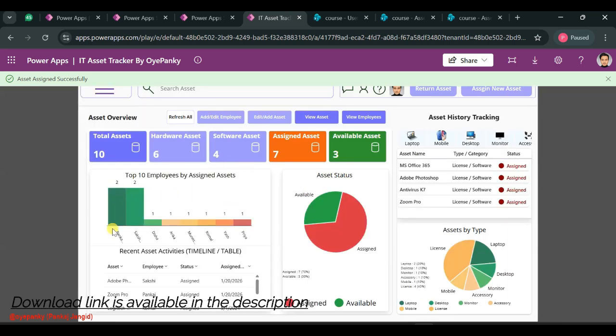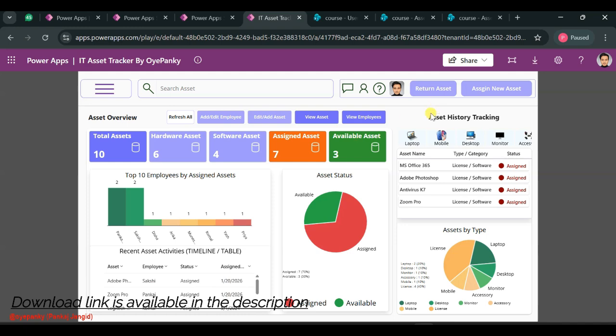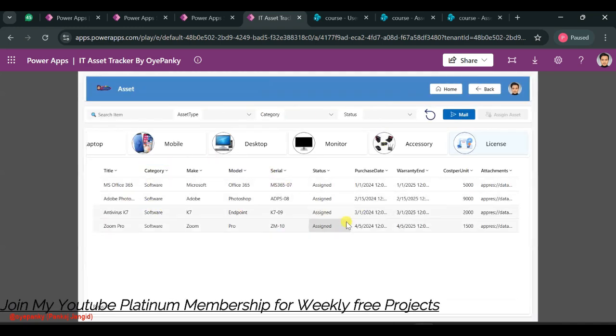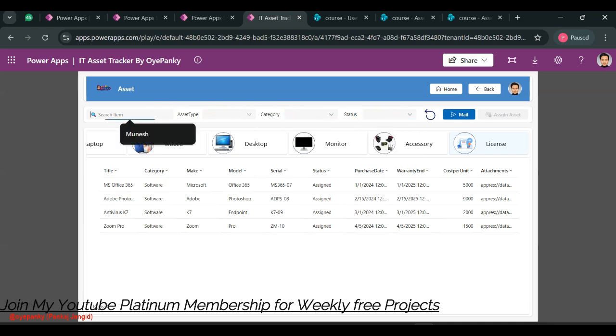Here it is showing Pankaj's assigned assets. Here it is also showing the recent activities of Pankaj, the two Zoom Pro, and here it is showing the date. You can also check in view assets, and here it is showing that Zoom Pro is already assigned to Pankaj. Now you can filter with asset type, asset category, and asset status, or you can search